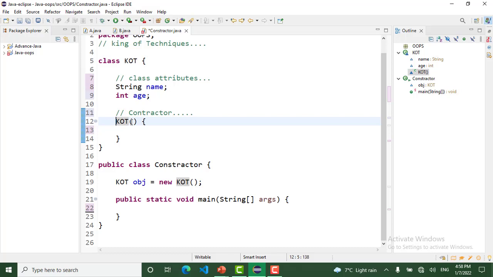Then can a box be there with no values defined for its dimensions? The answer is no. So constructors are used to assign values to the class variables at the time of object creation, either explicitly by the programmer or by Java itself, the default constructor.